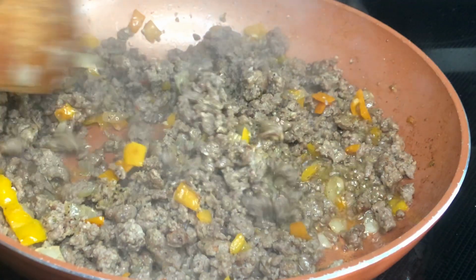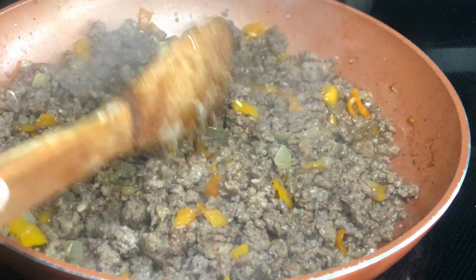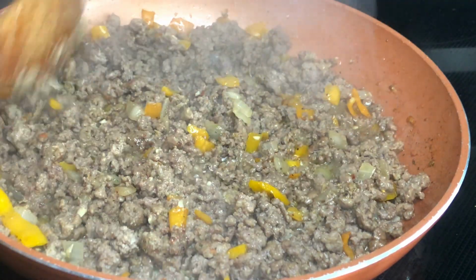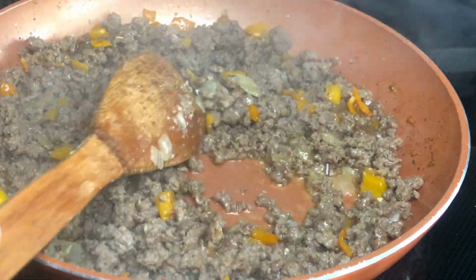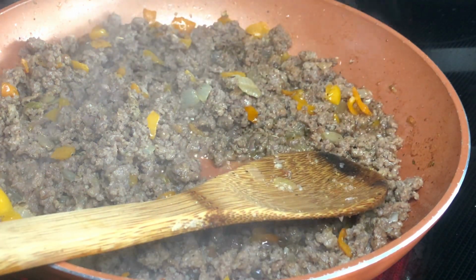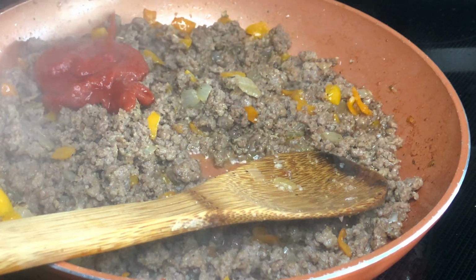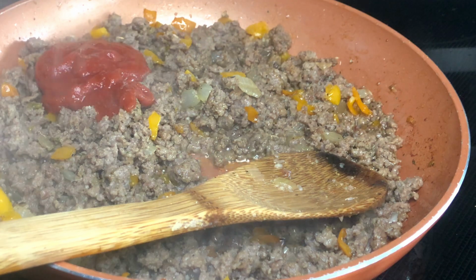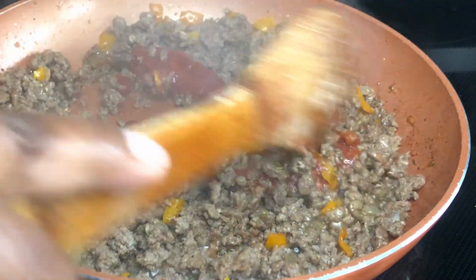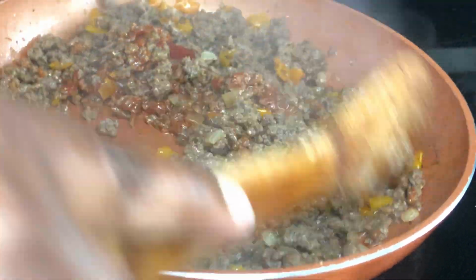This has been cooking for a few minutes. Okay, and this is what you want it to look like. You do not want big chunks of meat, so you just want to continue to chop it and break them down. Okay. I'm going to use some pureed tomato. You don't want to use too much, or if you have spaghetti sauce, you can go ahead and use that, or tomato paste. I'm just going to use just a little bit,